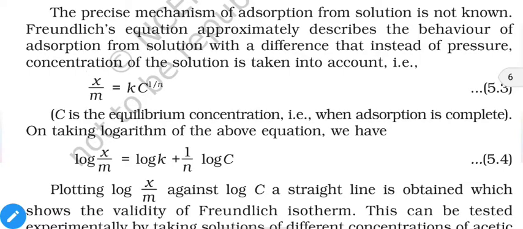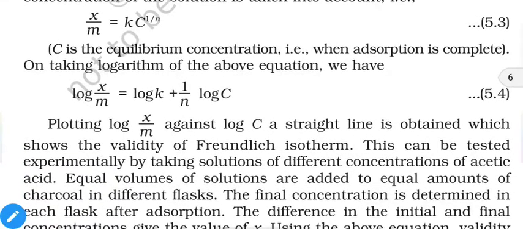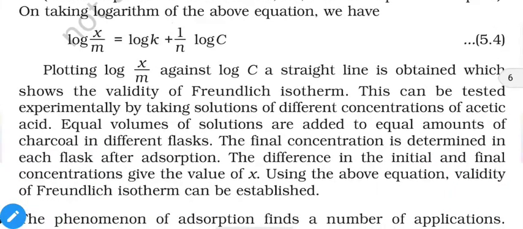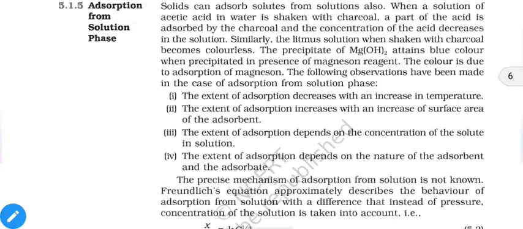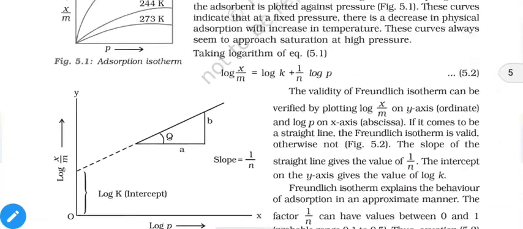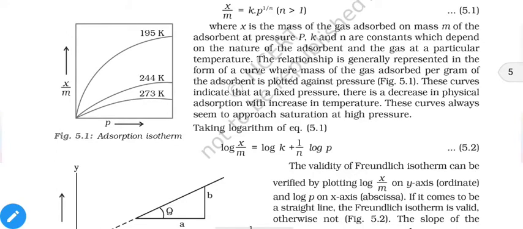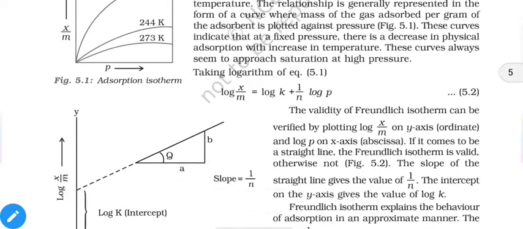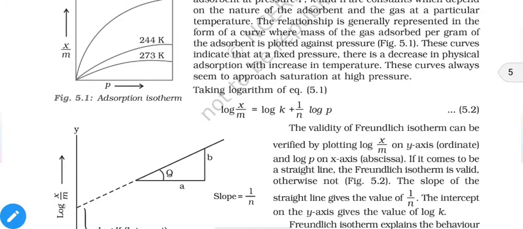On taking the logarithm, the same type of equation will be obtained as before. In the case of gases we were using pressure, and in this case we will use concentration. Now the same type of graphs will be obtained just like before. That means in the Freundlich adsorption isotherm, these two graphs represent adsorption of gas on the surface of a solid, and if we replace P with C, that means pressure with concentration, then you will get the isotherm graphs for solutions.